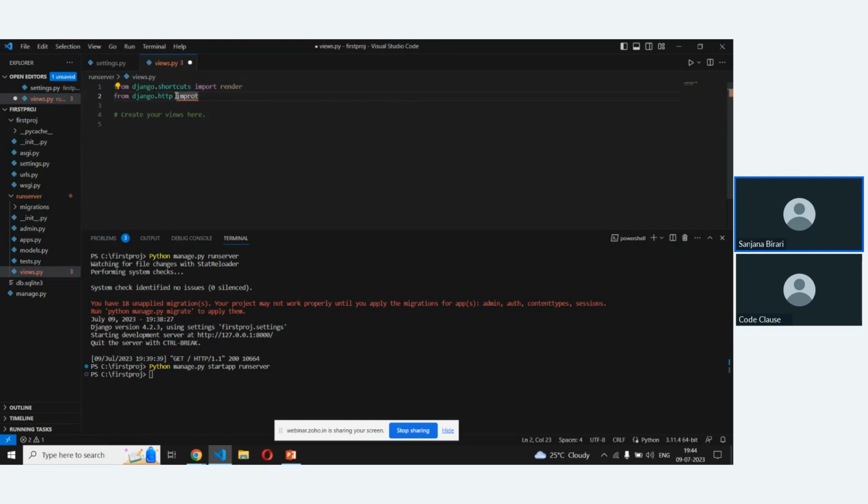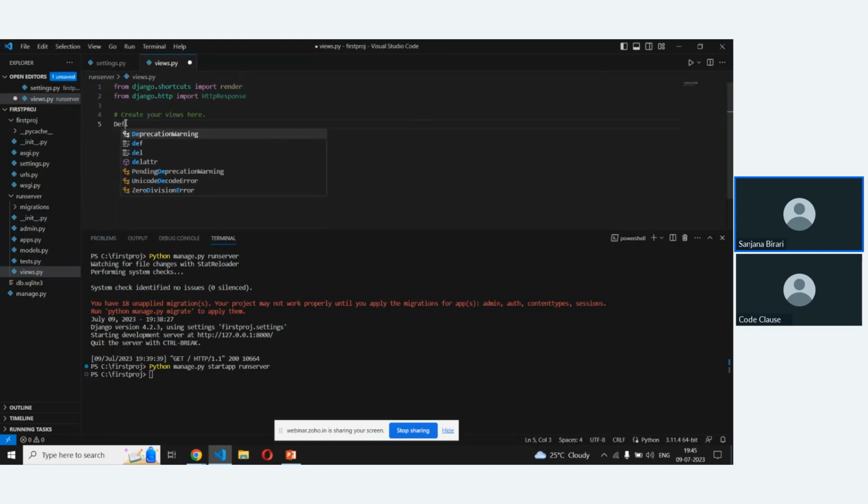What you have to import is HttpResponse, because you are giving a response. Then we'll simply print, suppose, hello world.